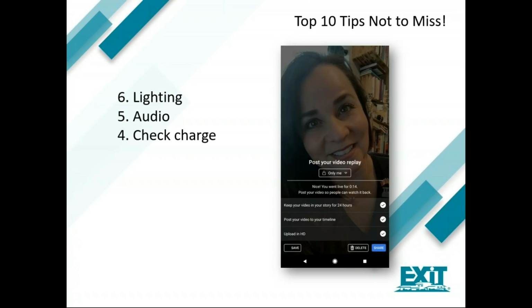Okay, here's a big one, and we're getting close to number 1. Number 4 is you've got to check the charge on your phone, because no one appreciates a good charge unless you don't have one, right? Unless you no longer have juice and your phone dies and one of the most epic broadcasts ever is dead. So better yet, if you can, keep your phone plugged into a power source or a portable power bank. This is going to ensure that you're not going to run out of power while you're broadcasting, because it does use up more juice than just keeping your phone on and using it for phone calls.